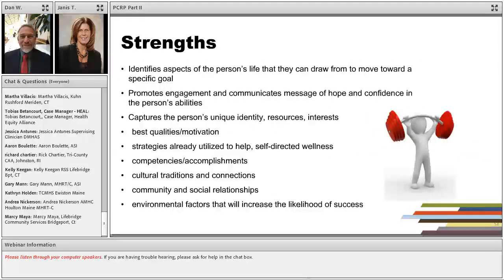So just some information here about the importance of really thinking broadly about strengths and how we incorporate strengths into the plan. That strength field in your plan, whether it's in paper or electronic health record, should never say none. Sometimes people may have a hard time identifying them on their own. But again, feel free to make observations. What have you noticed in the work together, so that we can focus a bit more on what's strong and not only what's wrong or what feels like it's not going right in the person's life.